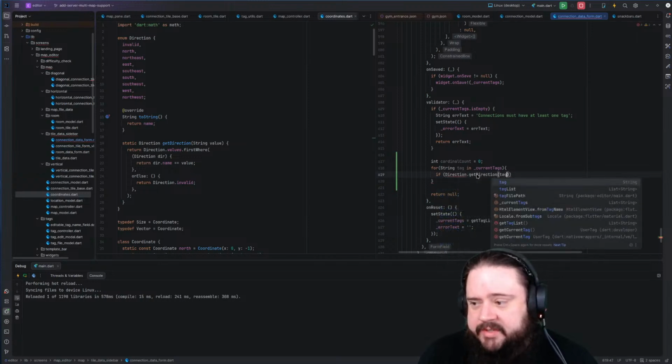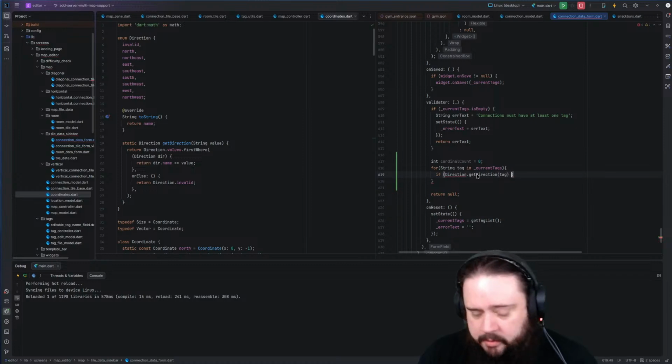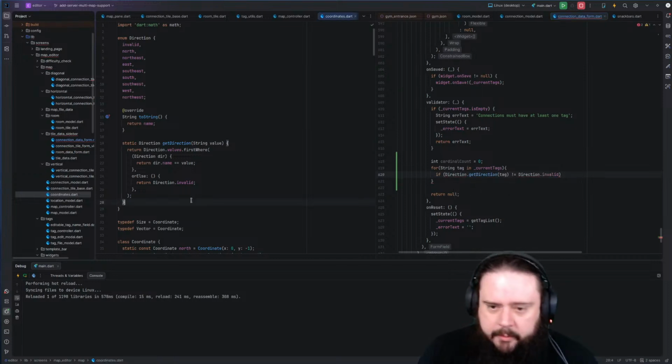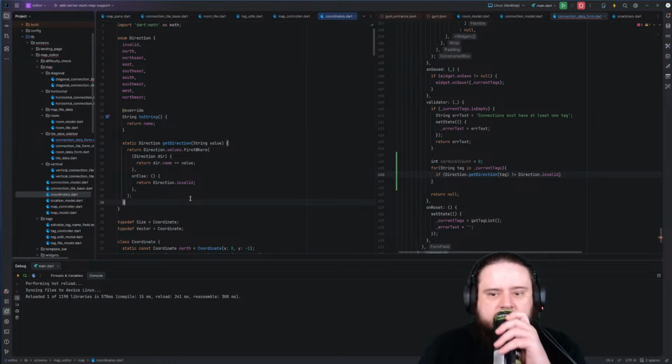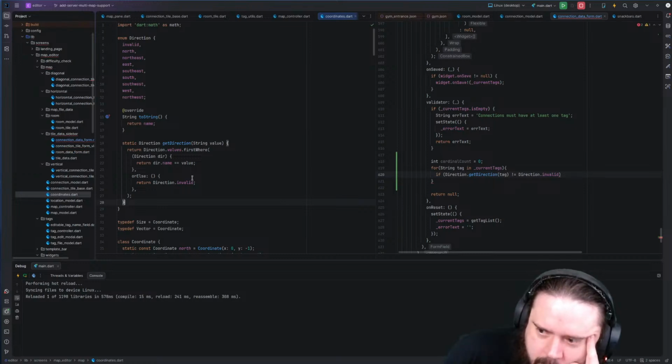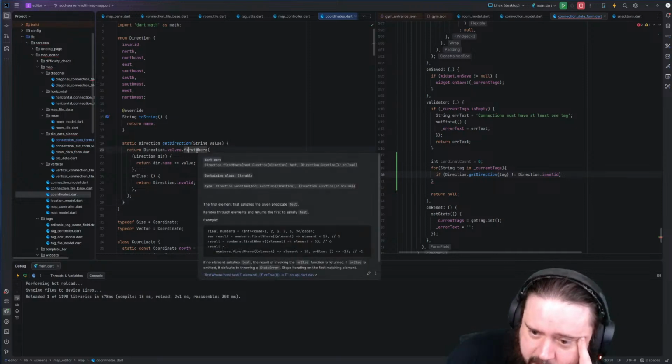If get direction tag is not equal direction invalid, I could do this, or because I don't really care so much about what direction it is. First where